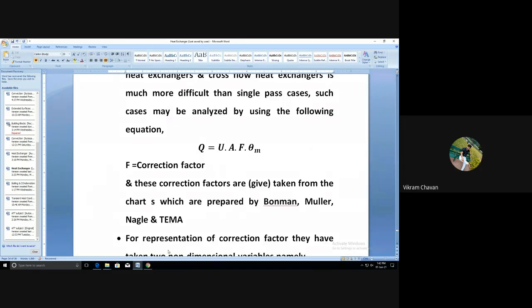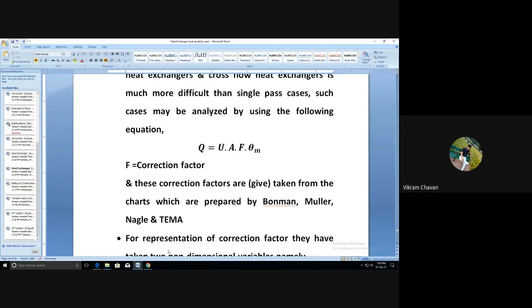These correction factors are given or taken from charts